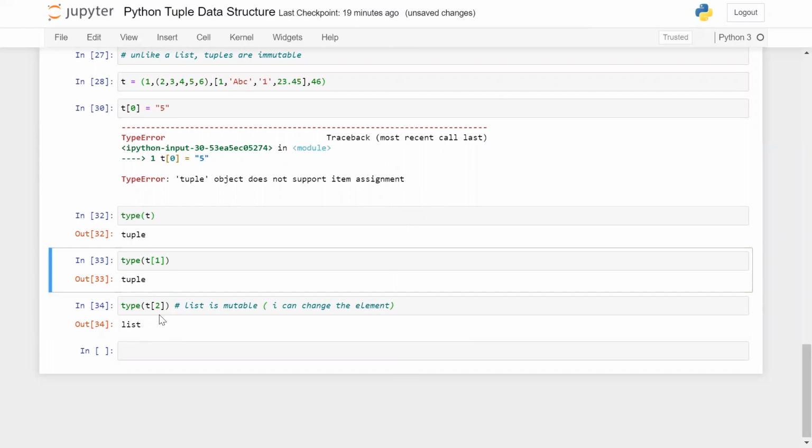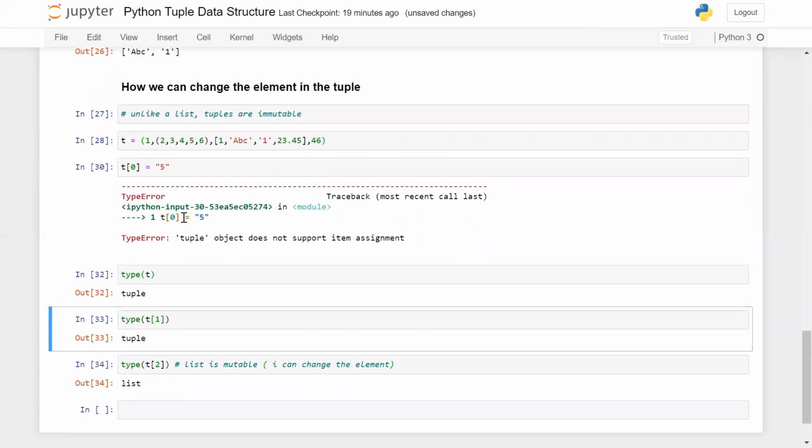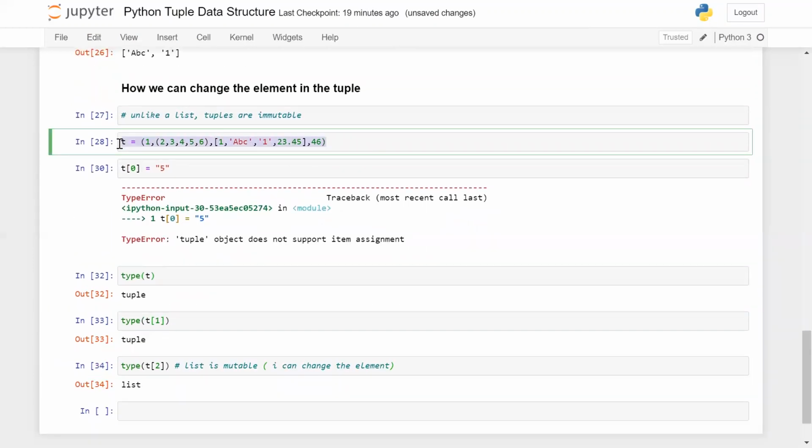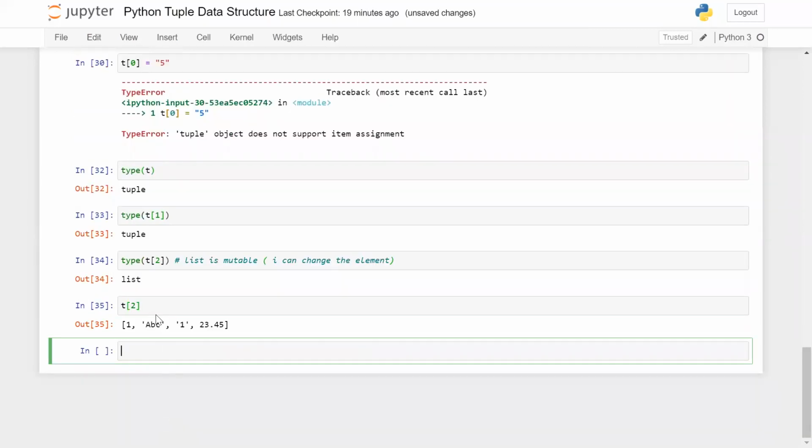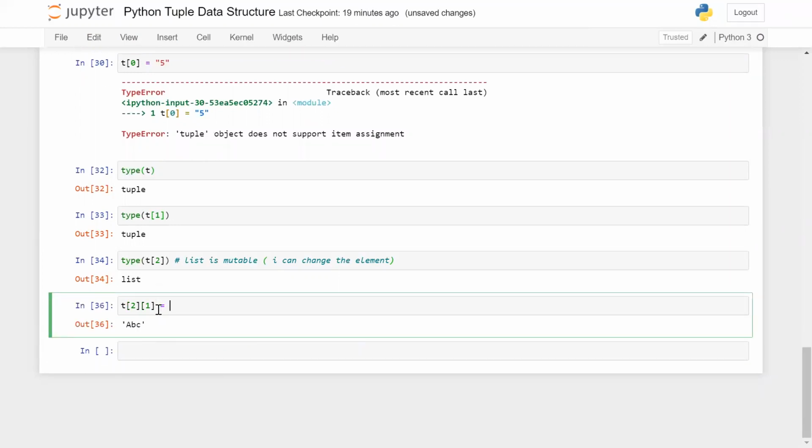But in the tuple itself, we cannot change an element. In case an element in our tuple is a mutable data structure, then we can change it. How? t of 2 is giving me this list, and at index 1 I want to put, let's say, Python.